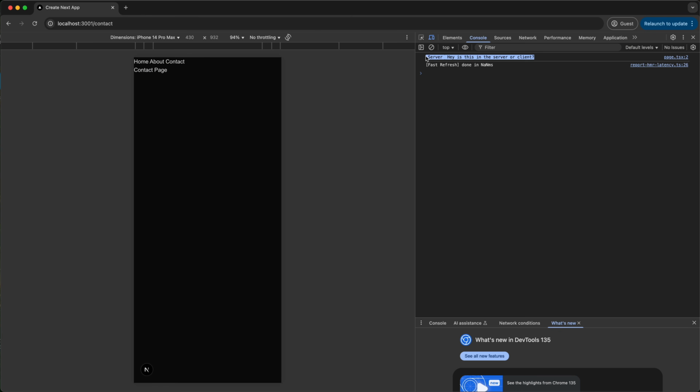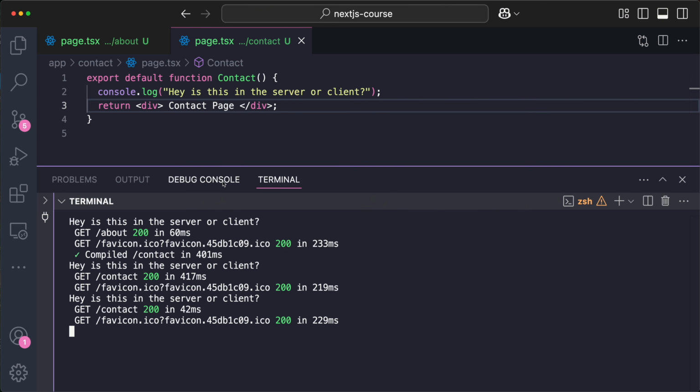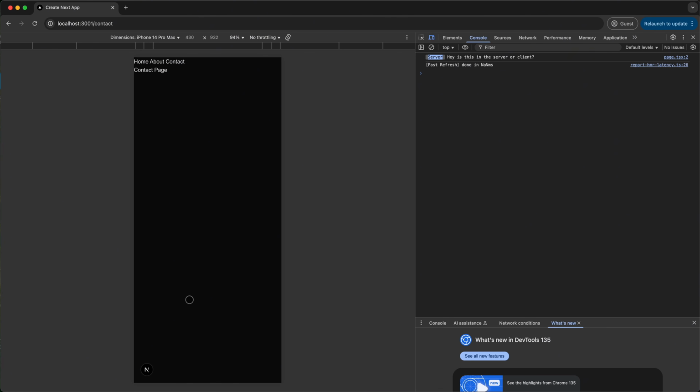all, it only says once, and also it says server over here. It has a little tag to indicate that this appeared in the server, right? It shows up over here, and it was something that was console logged in the server instead of in the browser. Now, the reason why when we went to the about, it console logged twice, and when we went to the server component, it console logged once, is primarily because of one of the main differences between a server component